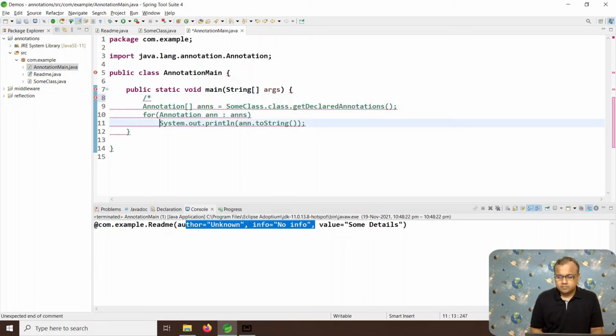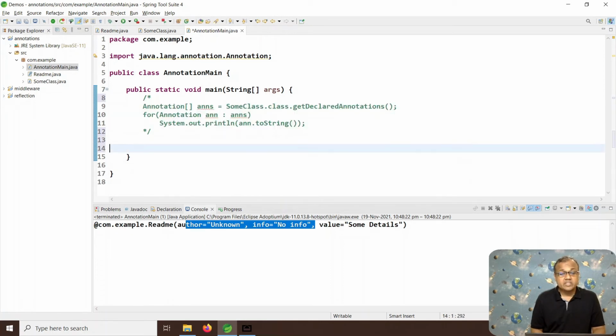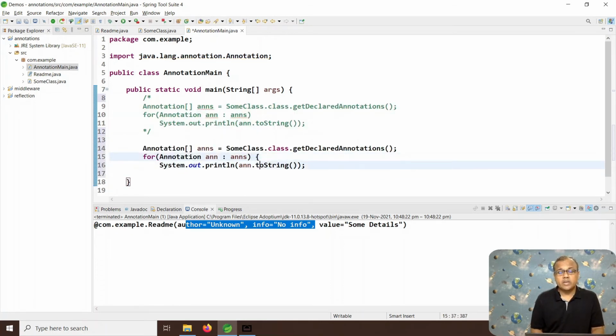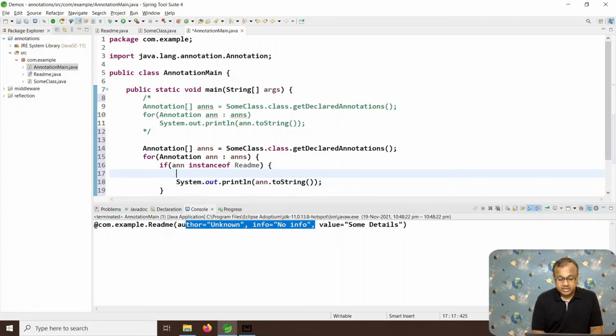This can be done by checking whether the annotation is of the desired type, and if it is, we can do typecasting. This checking can be simply done by using the instanceof operator. So if it is of this type, I can use the typecasting syntax to access the annotation.